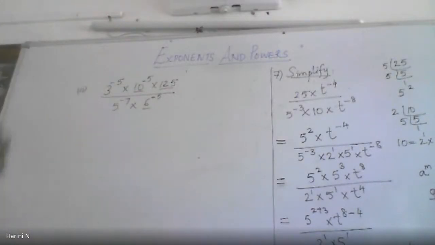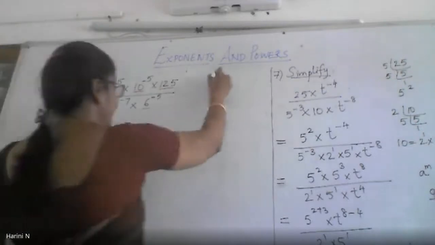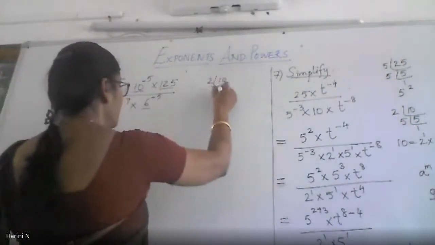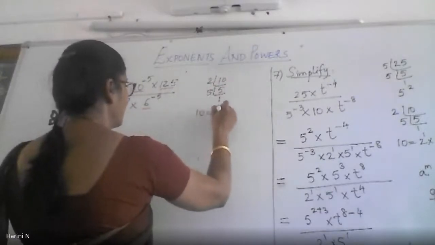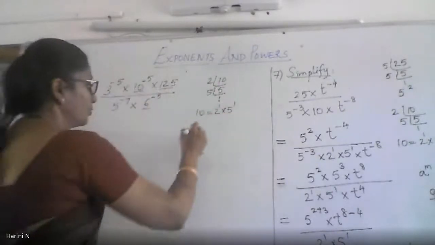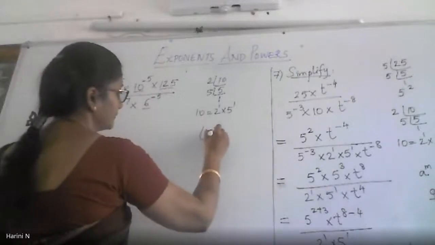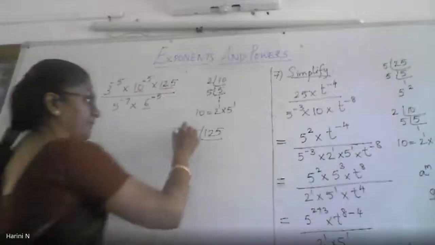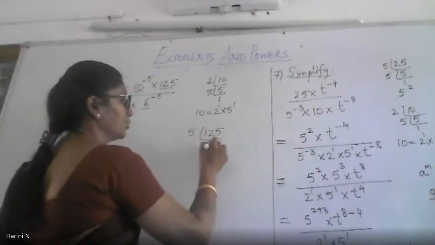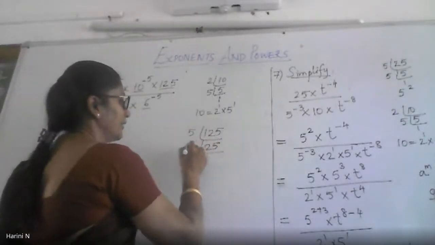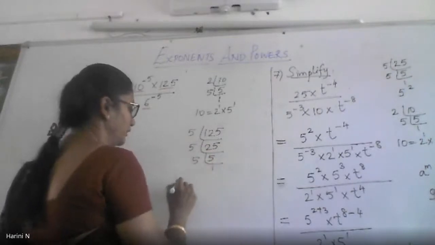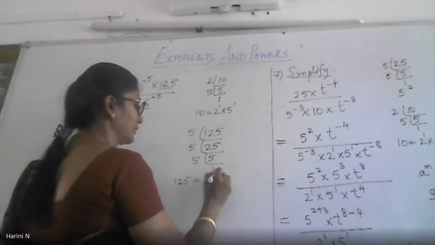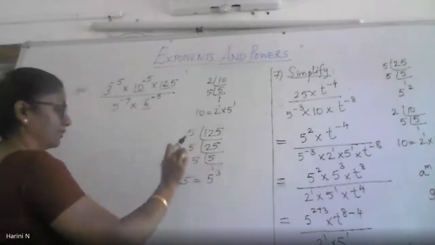Alright, now we will go factorize 10. We already know 10 can be factorized as 2 into 5. So 10 will be written as 2 to the power 1 into 5 to the power 1. What about 125? 5 cube. 125 is divisible by 5. 5 2s are 10, carry 2, 5 5s are 25. Again 5 square, 5 1s. So 125 can be written as 5 to the power 3, 5 into 5 into 5.